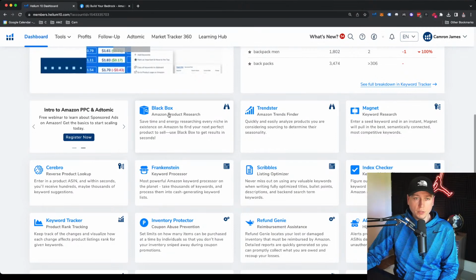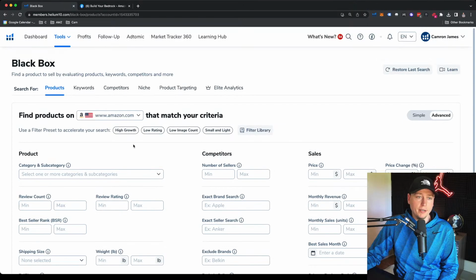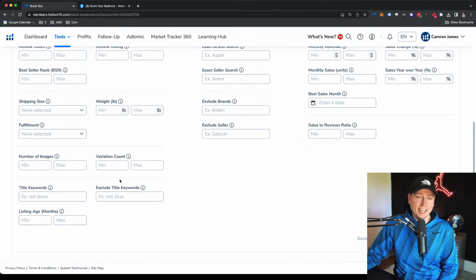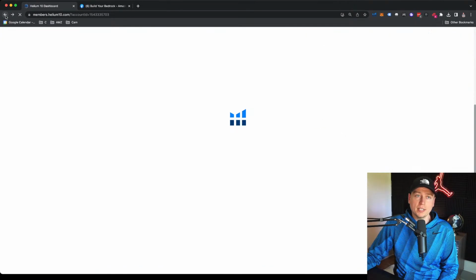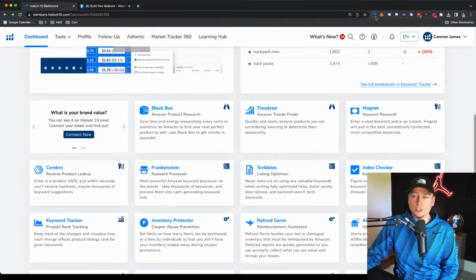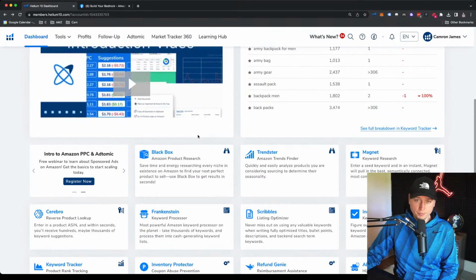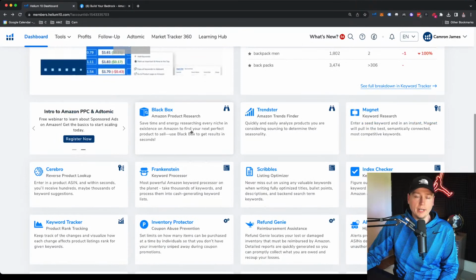So Black Box, I won't go too deep in this one, but Black Box here in Helium 10, this is for product research. I got so many videos on this that I wouldn't do it justice here about doing product research through Black Box. Obviously, when you have Black Box, you can get the Chrome extension up top here. They call it X-Ray, which will pop up sales when you're actually browsing through Amazon. So if you want more info on that, search Amazon product research Cameron James, and you'll find plenty of resources there